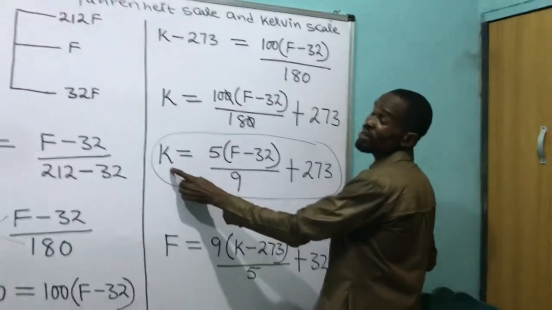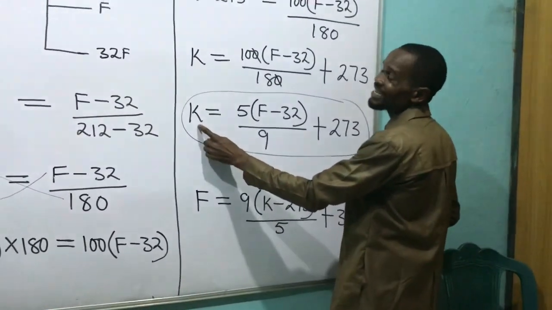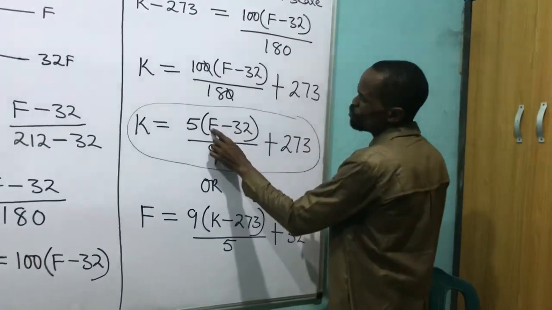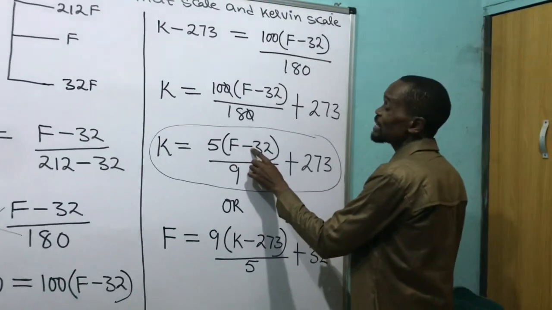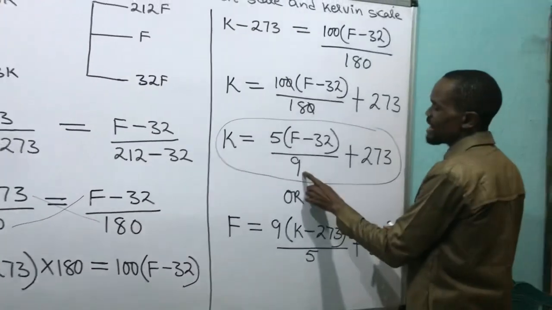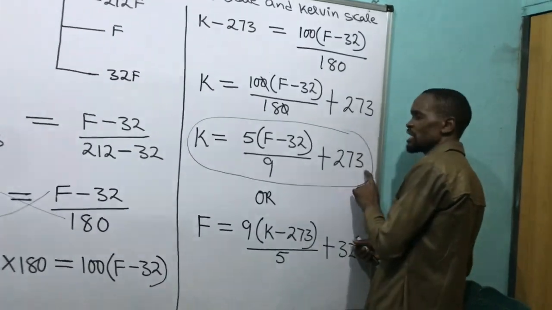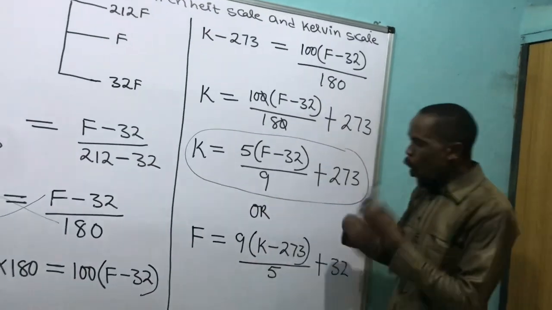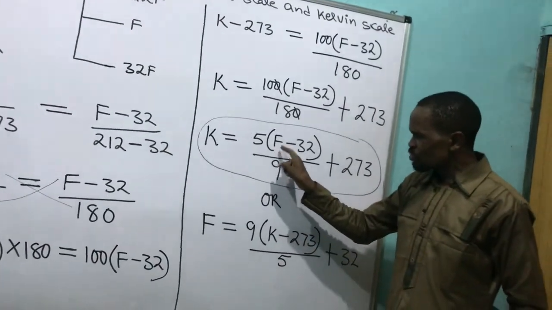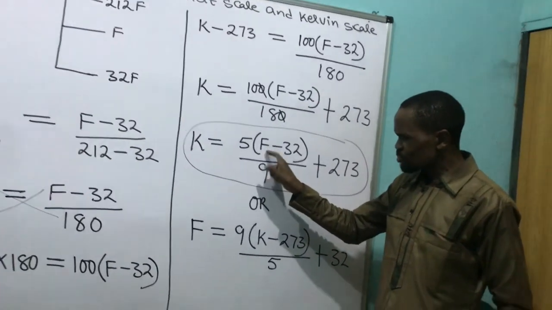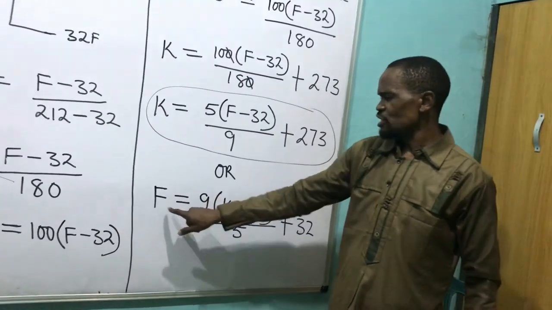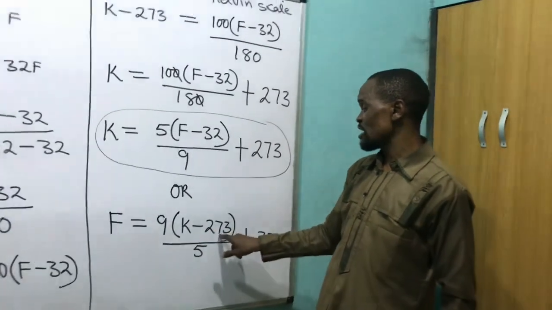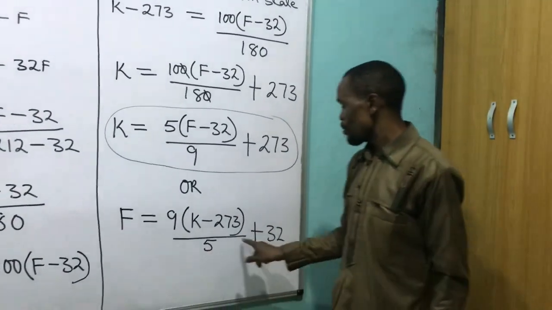273. It will give me the equivalent value in Kelvin. If I read a value of 20 in Fahrenheit, I put that 20 here, minus 32, times 5 divided by 9, plus 273. It will give me the equivalent of it in Kelvin. Or making F the subject of the formula from this equation, I will have F is equal to 9 times (K minus 273) divided by 5 plus